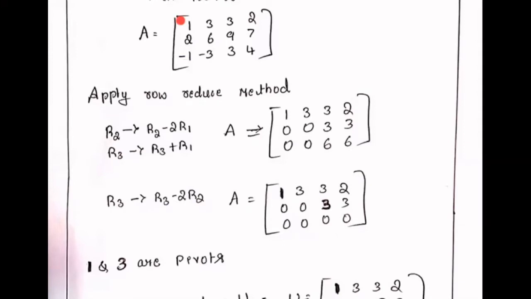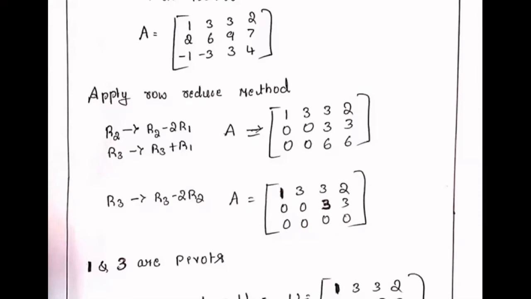Minus 1 plus 1 is 0. Minus 3 plus 3 is 0. Since we are adding row 3 and row 1, 3 plus 3 is 6, and 4 plus 2 is 6. Okay, once we get this, the next step is,